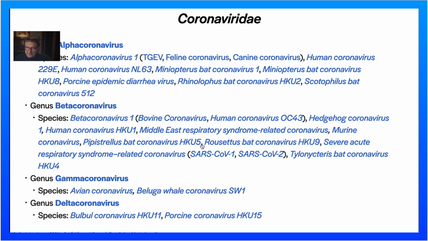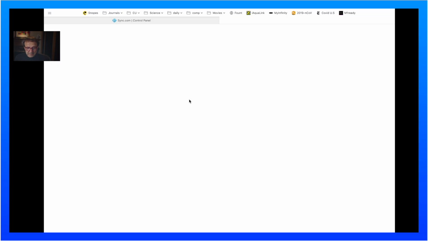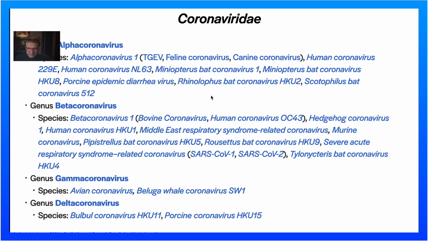Now, just to put this in the perspective of the Coronaviridae, right? The Coronaviridae family is divided into 4 genera: alpha, beta, gamma, and delta coronaviruses. And the viruses that we're talking about, MERS and SARS-CoV-1 and SARS-CoV-2, are all beta coronaviruses. And then you see some of the other species of coronaviruses are gamma and delta coronavirus, the human common cold coronas. Some of them are alpha coronas. Okay, so that's where these lie: MERS, SARS-CoV-1 and 2, beta coronaviruses.